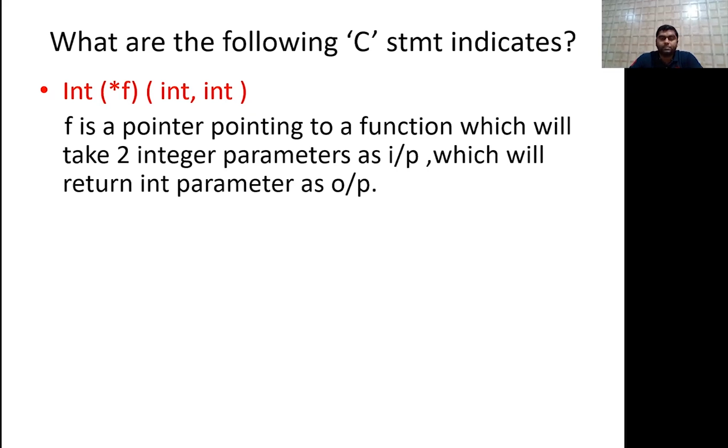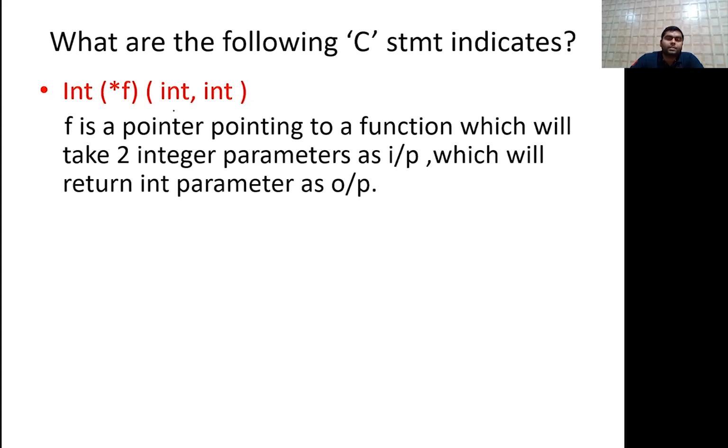So what this statement indicates, observe very carefully. So the first statement they are saying that int (*f)(int, int). So what is f? f is a pointer. Okay, which will point to what? f is a pointer, an integer pointer, which will point to a function, it will point to one function. And in that function, both arguments, what are they? Integer. Both parameters are integer. Okay. And